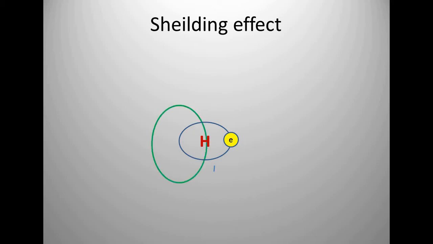So consider this is a proton, which is shown in red color, and the electron, which is shown in yellow color, and this moving electron generates a magnetic field, which is shown in green color. The direction of this magnetic field is like this, outward from the center of the proton, and then it comes back to the proton, so we can say it is a one directional magnetic field.